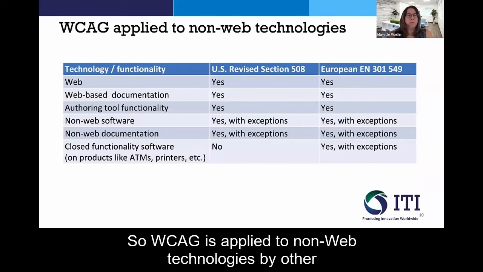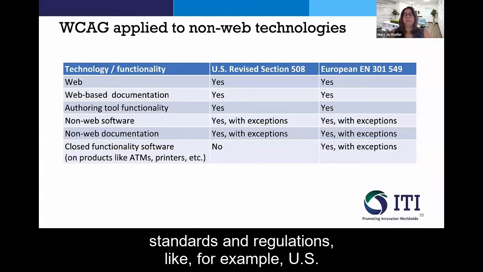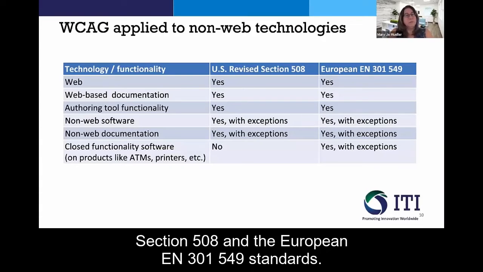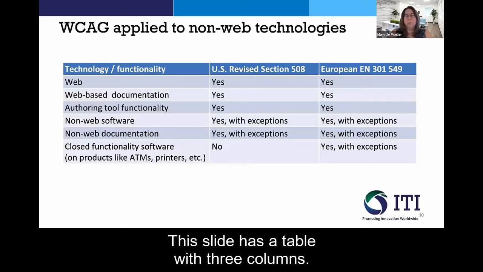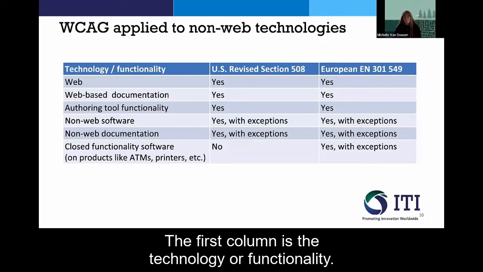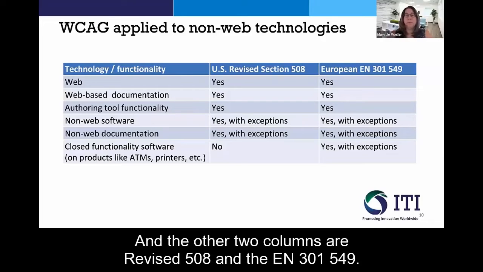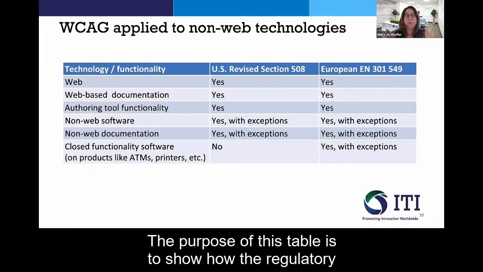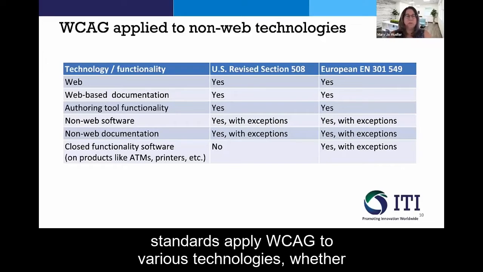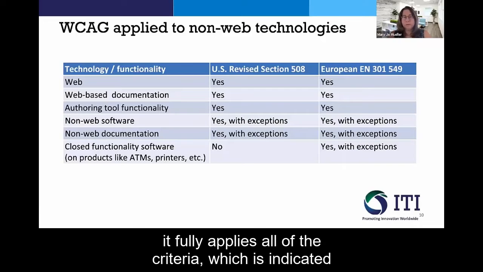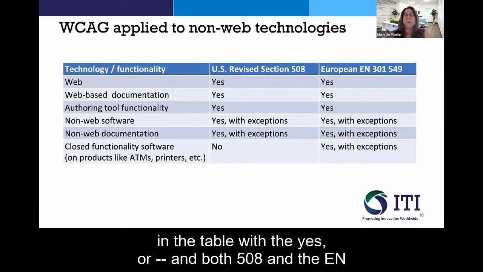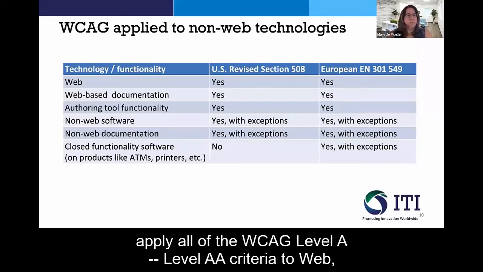So WCAG is applied to non-web technologies by other standards and regulations, like, for example, US Section 508 and the European EN 301549 standards. This slide has a table with 3 columns. The first column is the technology or functionality, and the other 2 columns are revised 508 and the EN 301549. The purpose of this table is to show how the regulatory standards apply WCAG to various technologies, whether it fully applies all of the criteria, which is indicated in the table with the yes, and both 508 and the EN apply all of the WCAG Level AA criteria